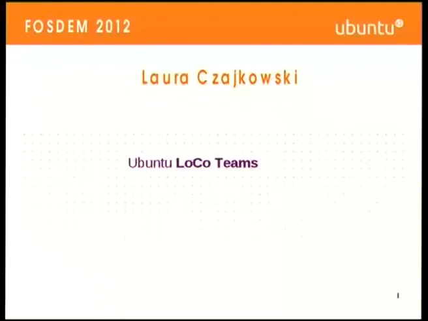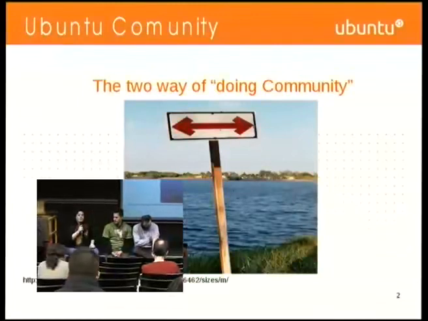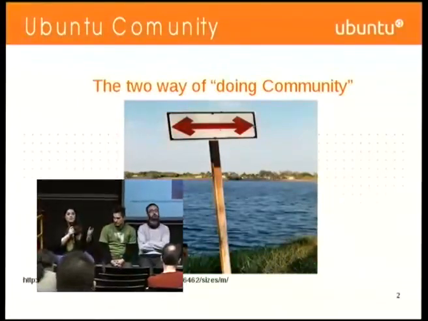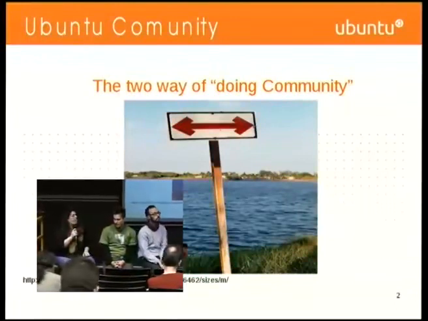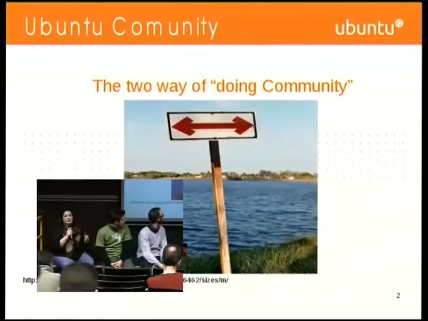Yeah, grand job. So I'm going to talk about the Ubuntu community. For those of you who don't know about us, we're quite a large community at present. We're full of loco teams. It's how the community is broken up. There are over 152 loco teams worldwide. That means every country or every city in the States has a loco team. There's two ways of doing communities for us. We do it the virtual way and the real life way. The real life way for us is through loco teams.